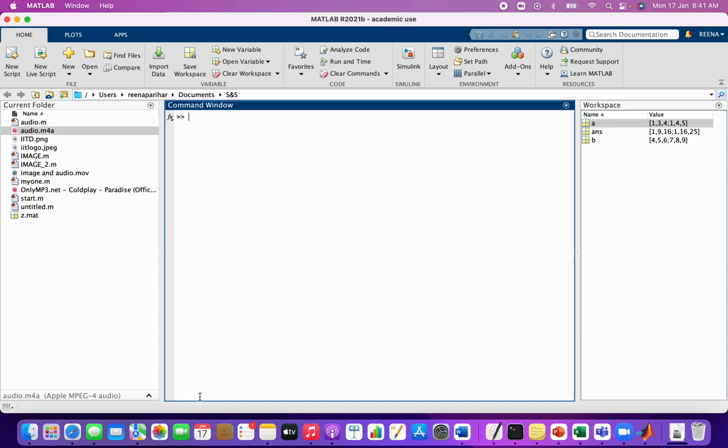Next is, suppose I want to write some characters into it. So I'll write, fine. This is simple. If you see, this space will be counted as one character. So this A having a length of 1, 2, 3, 4, 5, 6, 7, 8, 9. 9 elements. So there are 9 elements.